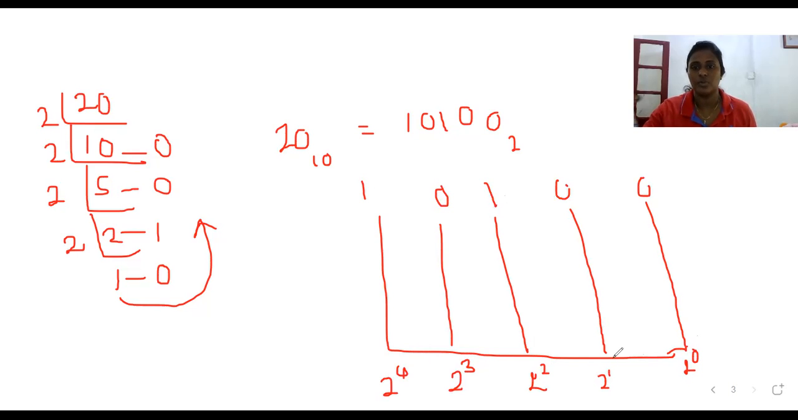So the first 2 rods have no numbers. Here 1 ball, here 1 ball. This is the way of representing binary 20 in an abacus. So in this way, you all should find